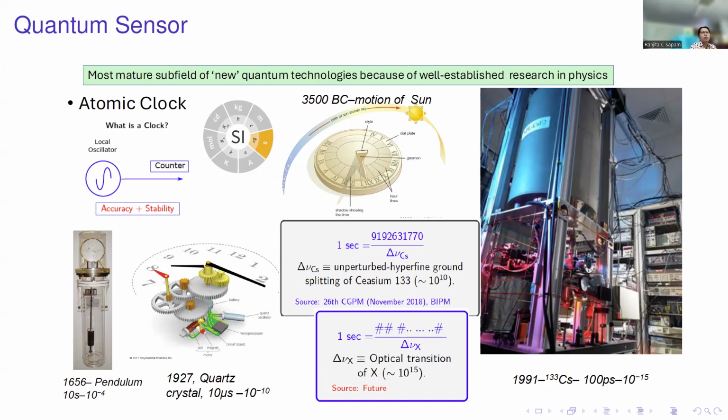And during the process, we interrogate and measure the frequency of the ground state of the atoms, and that's how we map to the SI unit of the second. So we are still using the present definition of the second, the ground state splitting of the cesium, which is in the gigahertz. So the accuracy of our second is about 10 to the power minus 15 seconds, but in the laboratory.